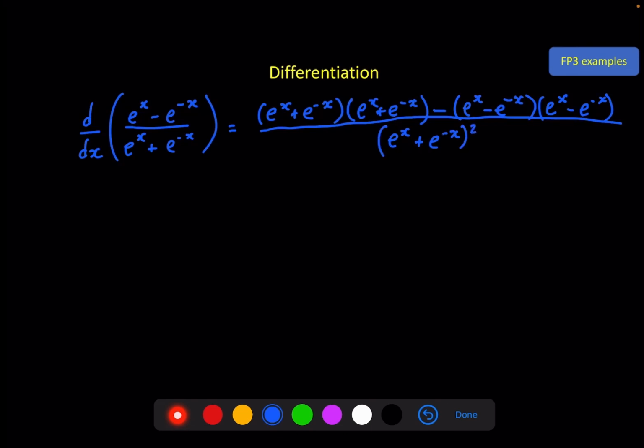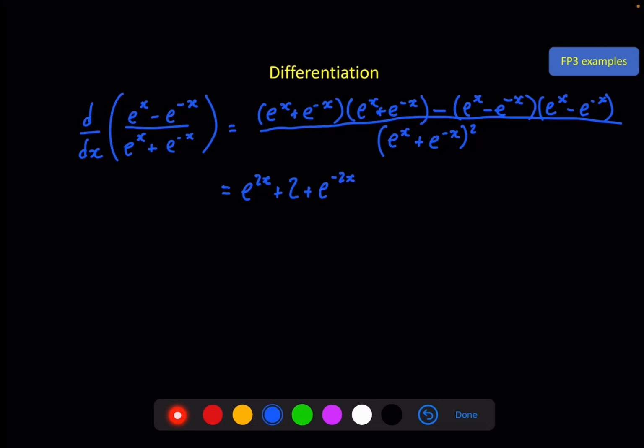Now there's a bit more expanding brackets on the top, but immediately you can see already this expression is exactly what we want. We don't have to manipulate it. As long as we can cancel all of this to become a 4, we've got the same answer. So we've got e to the 2x, and then we've got a plus 1 plus another 1, because e to the minus x times e to the x gives us a 1, and this gives us a 1 as well. So we've got a plus 2, and then we've got plus e to the minus 2x,